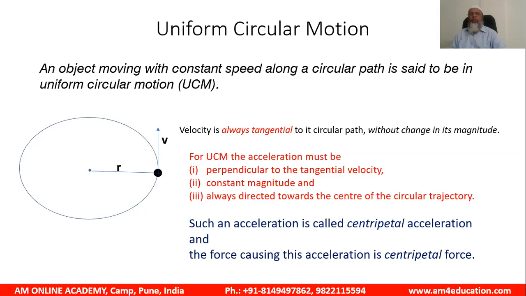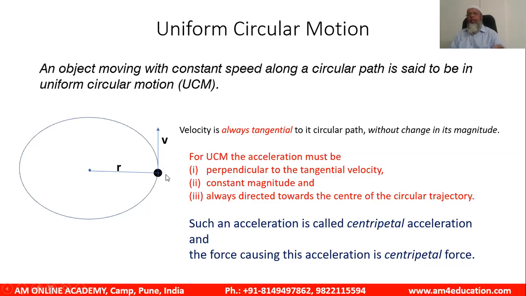Now, in circular motion, as I told, it is speed, not velocity, because velocity is not constant. Because the direction of velocity is continuously changing in circular motion. For example, say this dark dot is a particle performing circular motion along the circumference of a circle whose radius is r. So at this point, if this particle leaves the circle, it will move tangentially to the circle, and this will be the direction at this particular point.